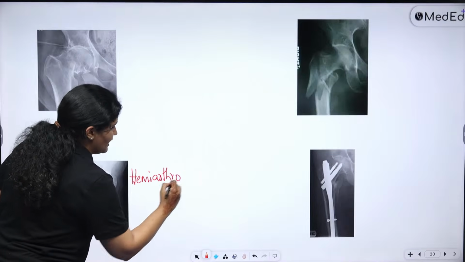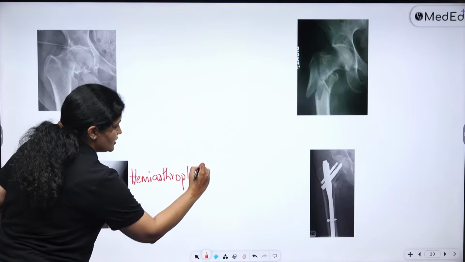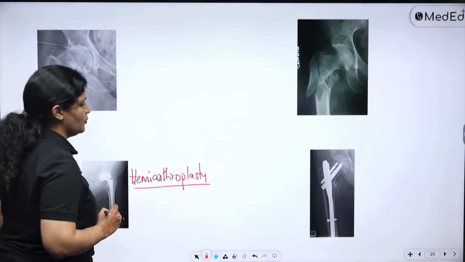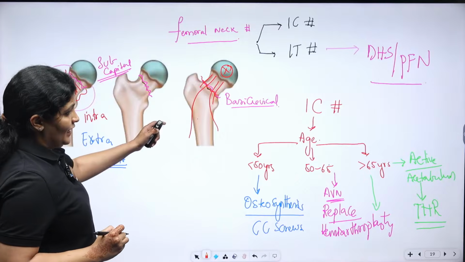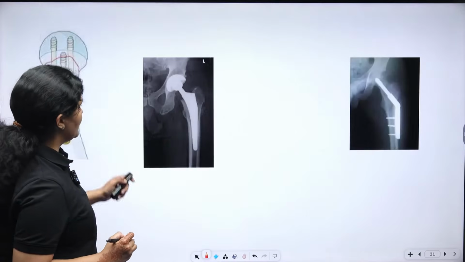So hemi is half, arthro is joint. So half joint is replaced, and what is that? That is your femoral head is replaced. That is hemiarthroplasty. Now you see, if the patient is below 50 years, there is one more surgery which is